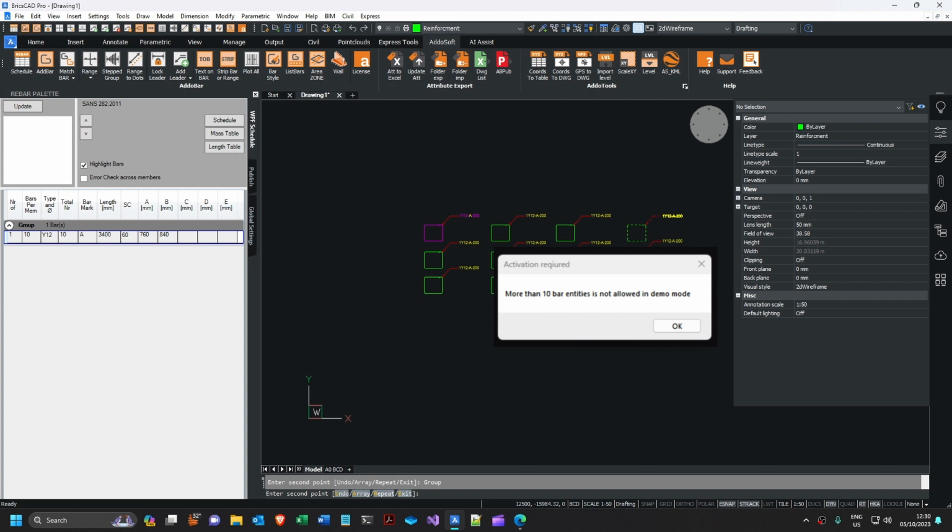This pop-up appears when the limit is reached. To add more than 10 entities, you can purchase a license from